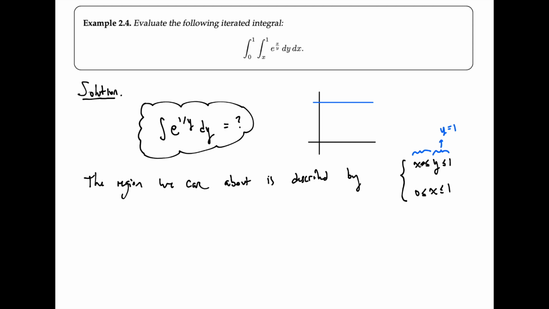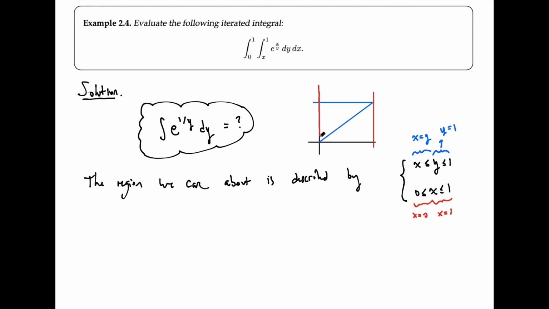Likewise, this one gives x equals y, which is y equals x, which is some kind of line like that. Those are the y bounds, and then down here I get an x equals 1 equality. That corresponds to this vertical line, and then x equals 0,